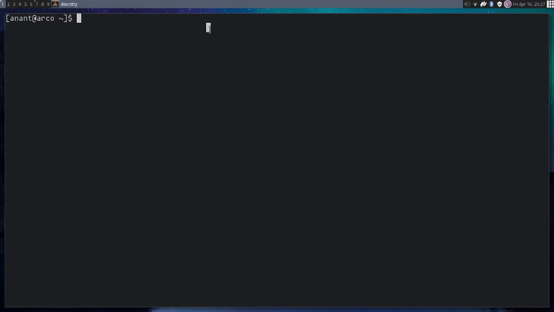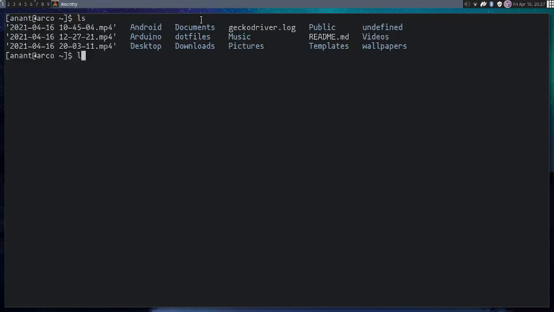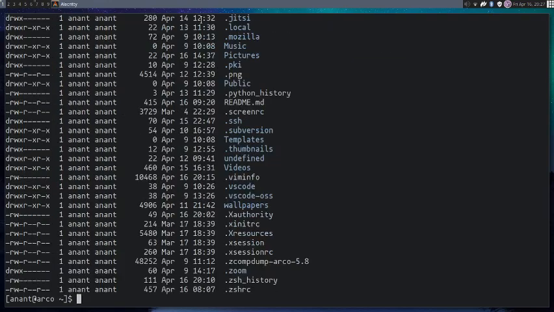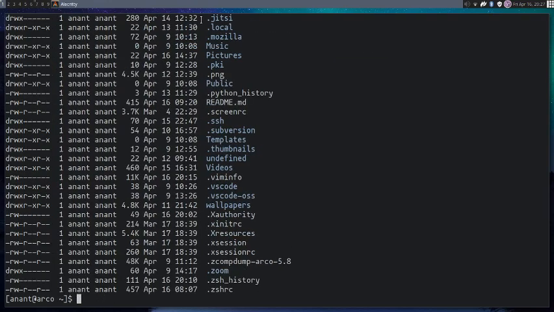The last thing I want to tell you is that you can read man pages also. You can see ls has many flags like ls -l, ls -la, ls -lah, and many more. So you can read the man page of that.